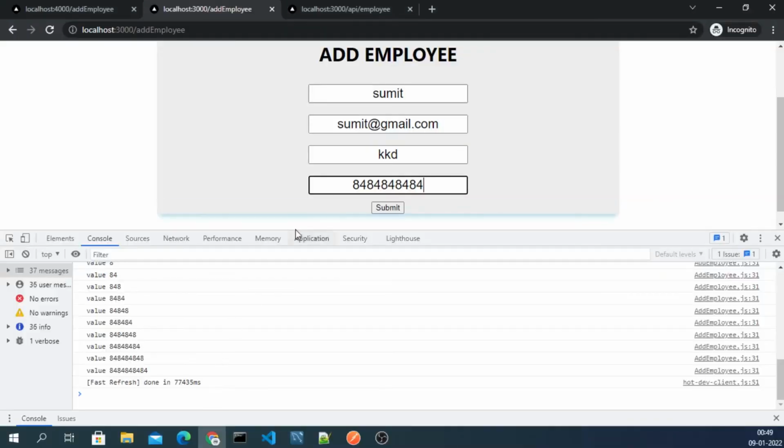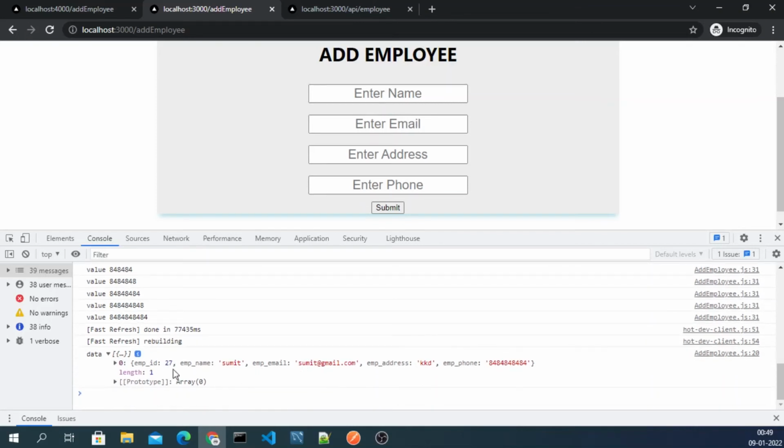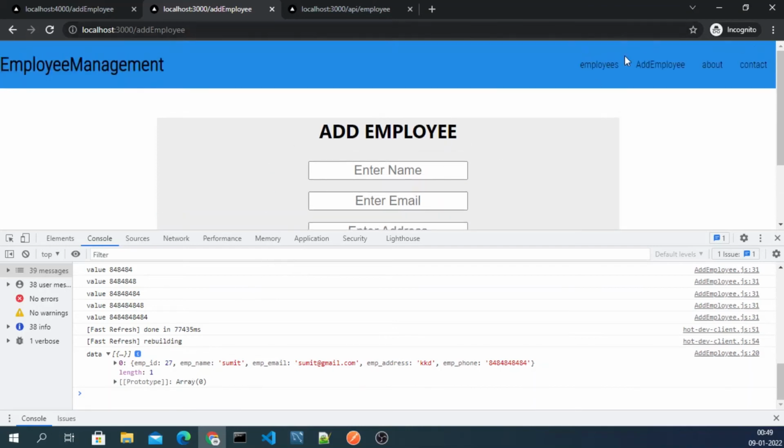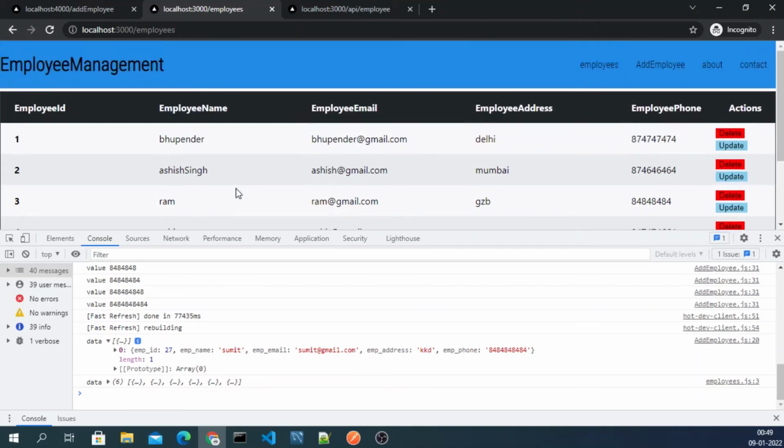Now we are able to see the submit, and if we click on submit, as you can see guys, after submitting, the fields are getting empty, right? This is what we want. And if I click on employees, we should be able to see Sumit. Yeah, as you can see guys, Sumit is an employee who has just been added to the database, right?